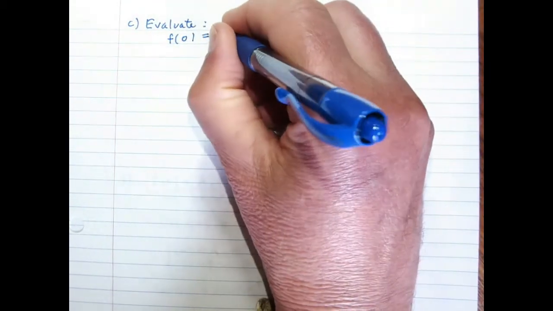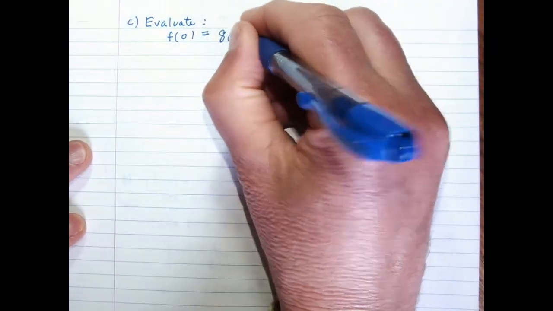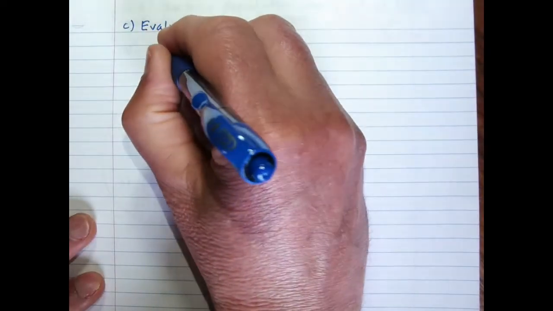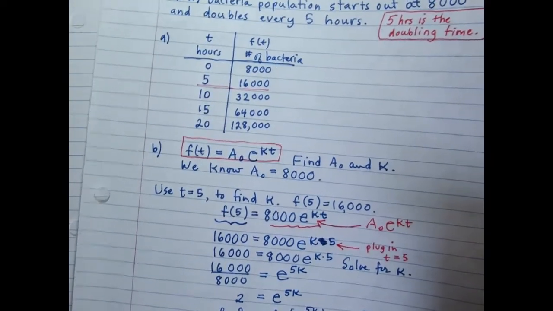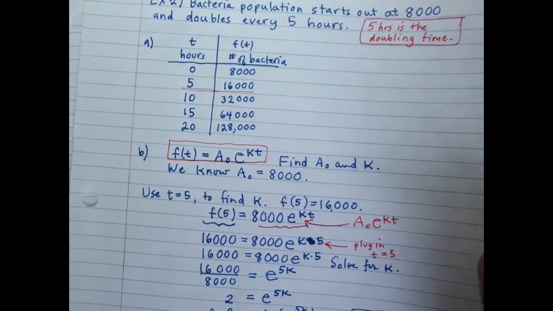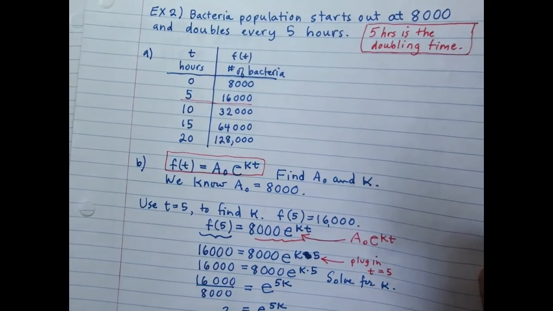Well, you should know f of 0 is 8,000, right? And now you're going to say, wait a minute, f of 5, we already set up that table, right, on our part A. I just want you to confirm here that the function we came up with